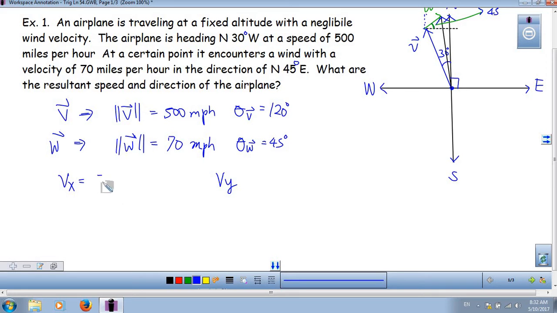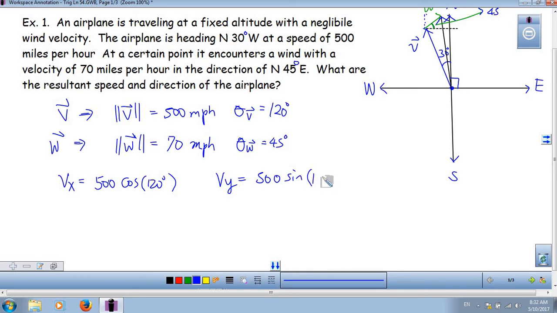To get the x component, we use cosine of the angle, because cosine is always the x component. So this will be 500 cosine of 120 degrees, and the y component will always be